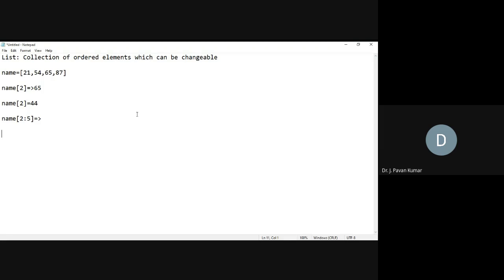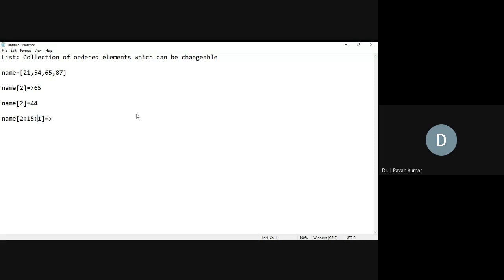That means it will start from the given starting index, and it will go up to the last index minus 1. That is, whatever the last index we have given, minus 1. And every time it will go one step. Okay, that is by default. You can write it explicitly by using a third value here. Suppose we are having 2 to 15, then in general it will consider 2 to 14, isn't it? 2 to 14. After that, it will consider the third parameter, the step, as 1.